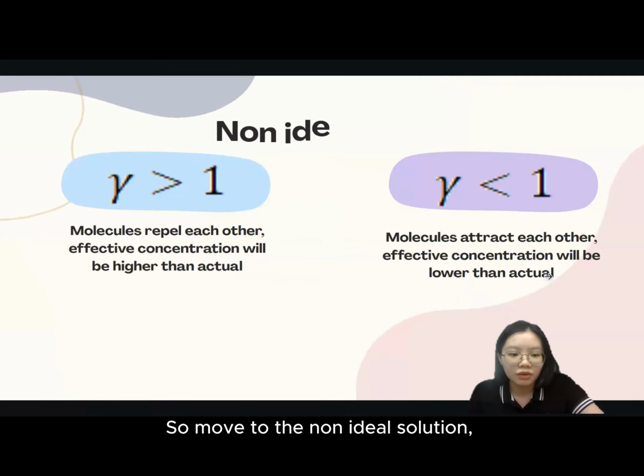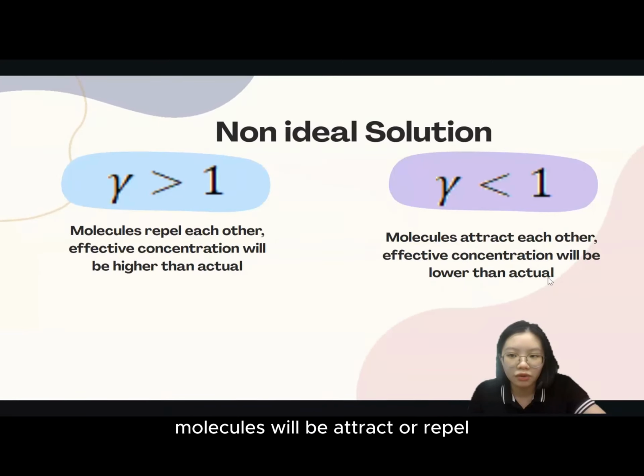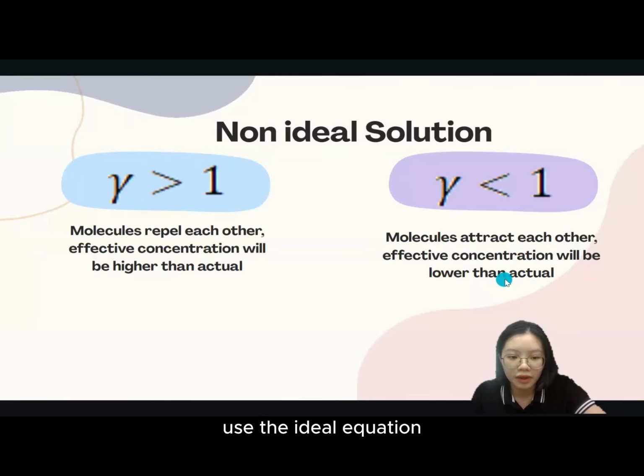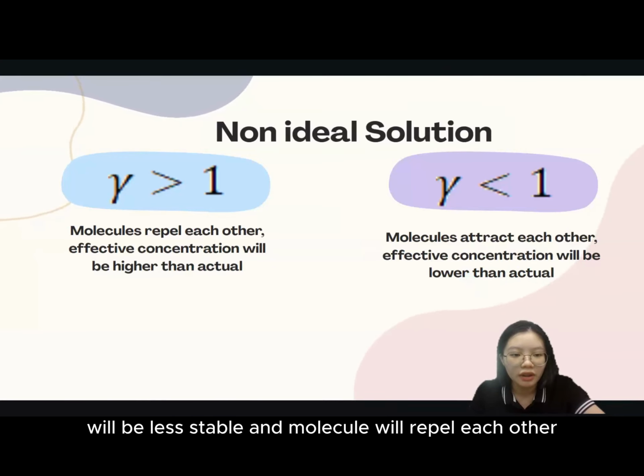So let's move to the non-ideal solution. Molecules will attract or repel each other, causing deviations from the ideal behavior. The activity coefficient allows us to use the ideal equation but still get an accurate result. When gamma is more than 1, the mixture is less stable and molecules repel each other, making the